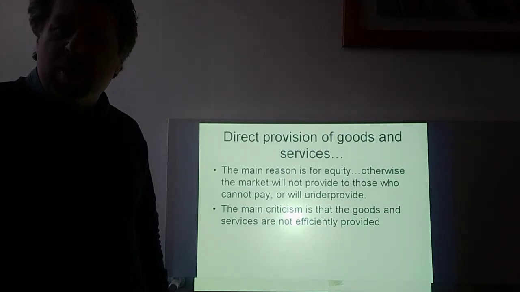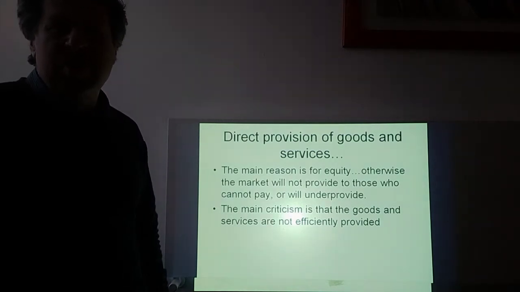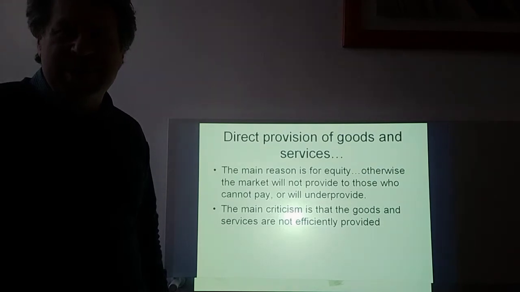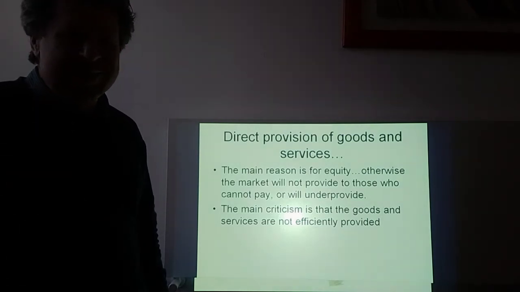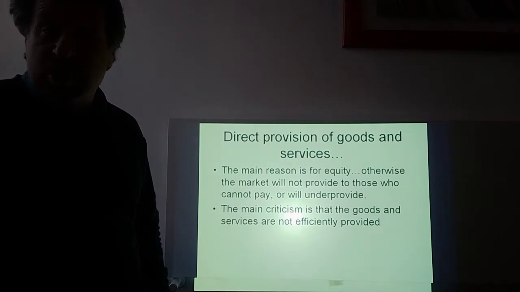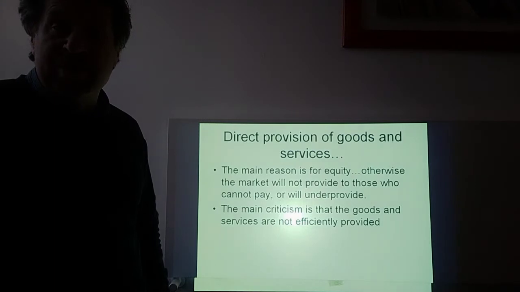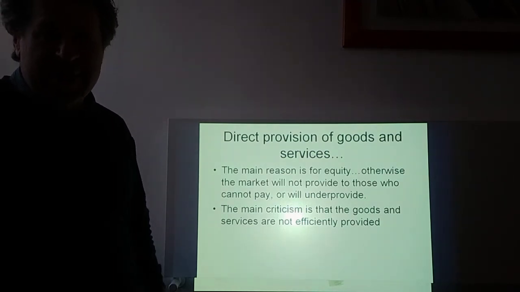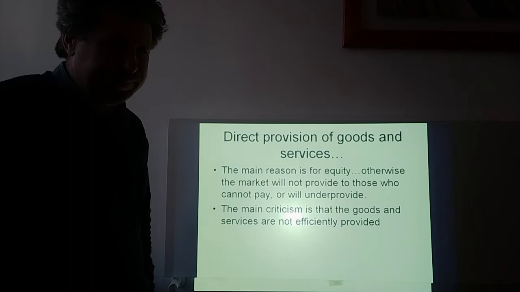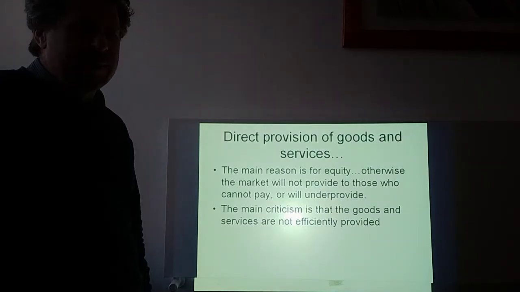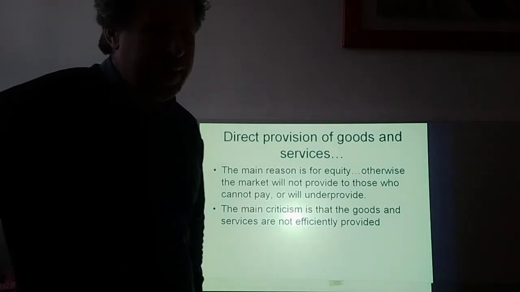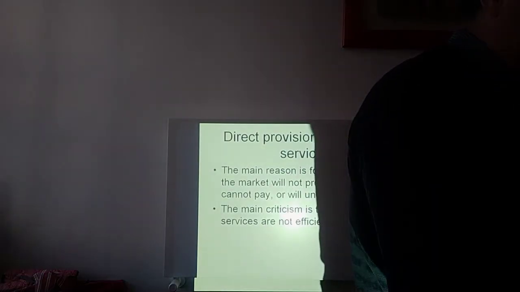So people generally do resist change, resist innovative, different solutions, and also can bond together and really hold the government to ransom and demand their interests rather than the customer interests are considered. So this is a criticism of goods and services being directly provided by